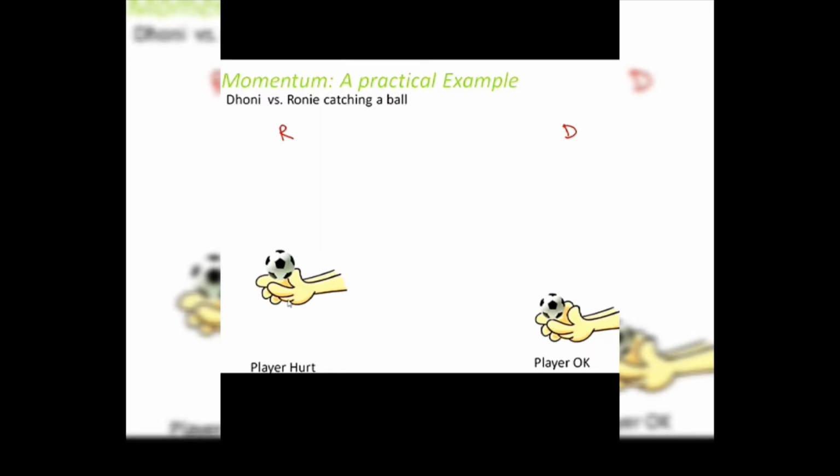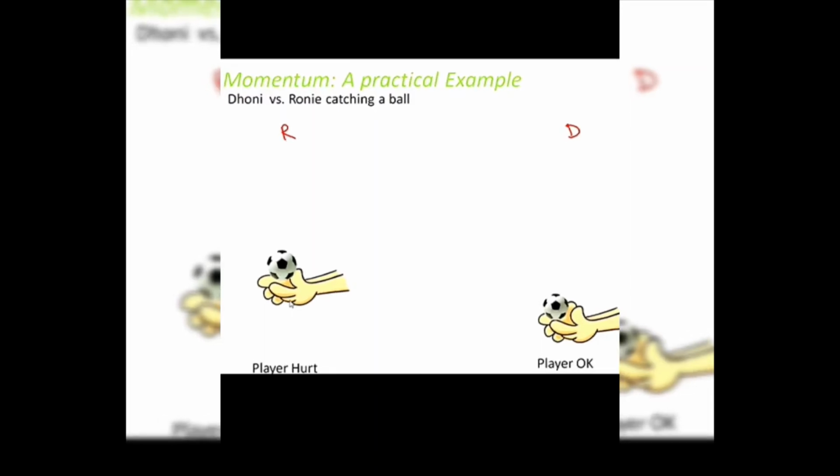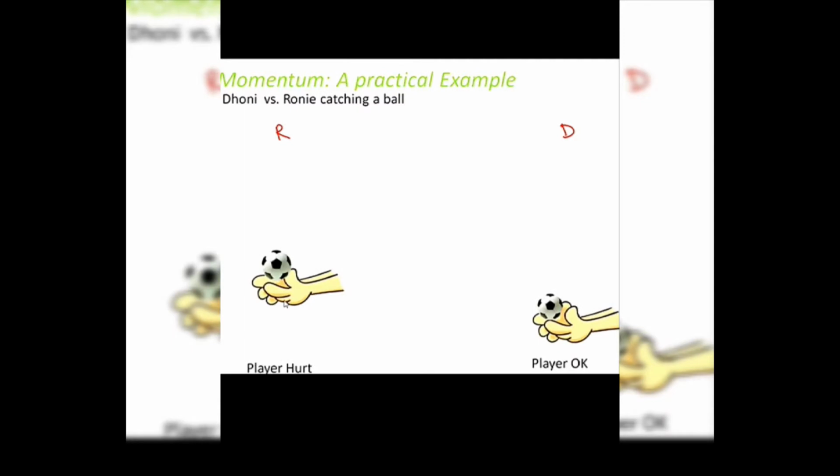When the ball comes, you would have observed this when you watch a cricket match. The player always makes his hands also move along with the ball. With that, what will happen? They are actually making their hands also move. And as a result, the force which is required to change the momentum is given by the hand. So when your hand also moves, you are actually not hurting yourself.